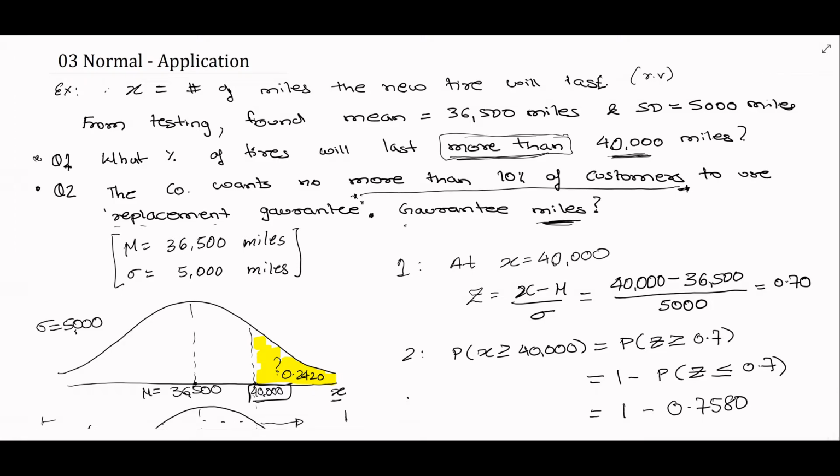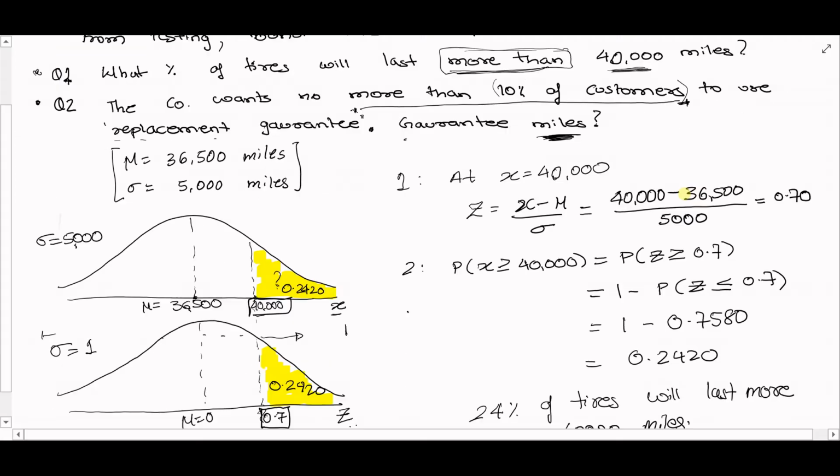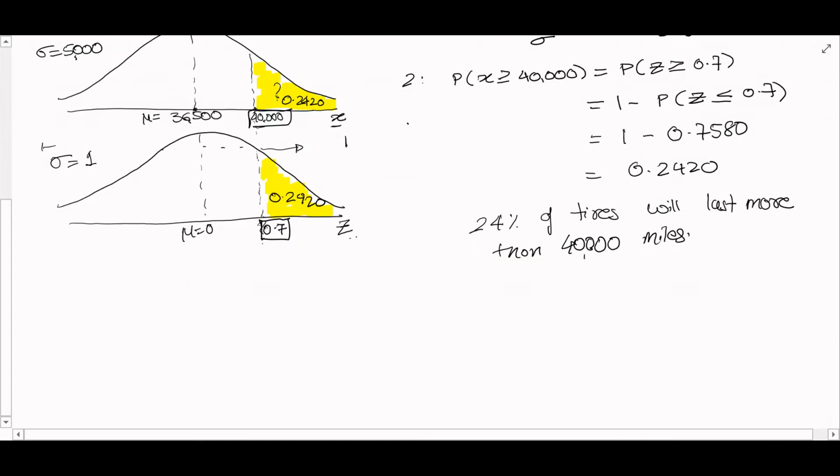Of course, the company will offer it to all the customers, but the company wants to set the guaranteed miles in such a way that only 10% of the customers use this guarantee program. Basically, unlike in the previous case where we were interested in the area to the right of 40,000,